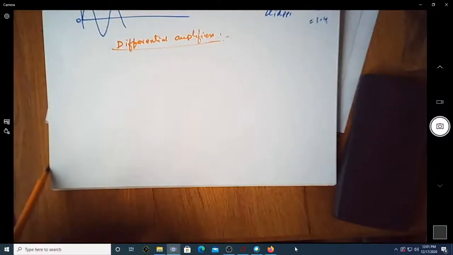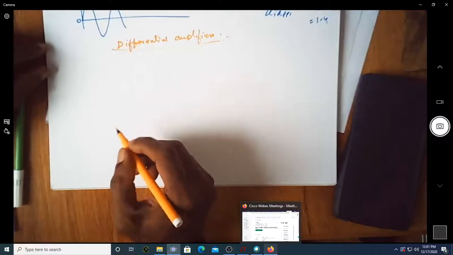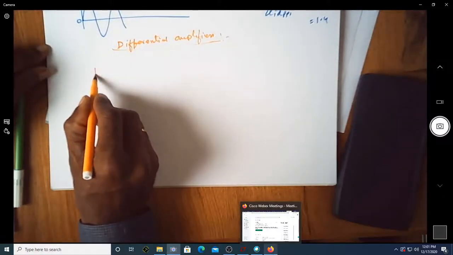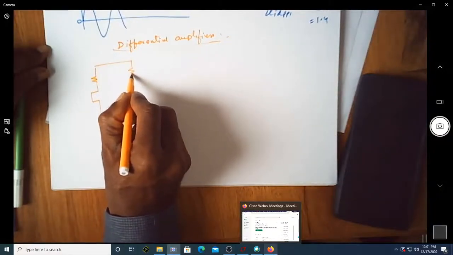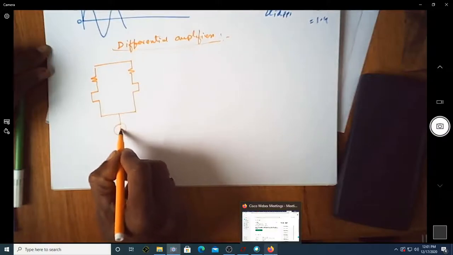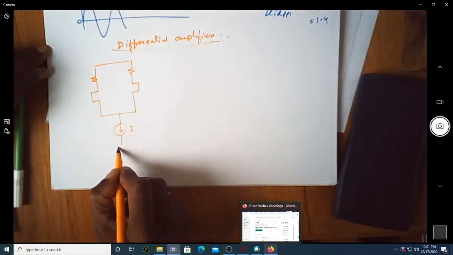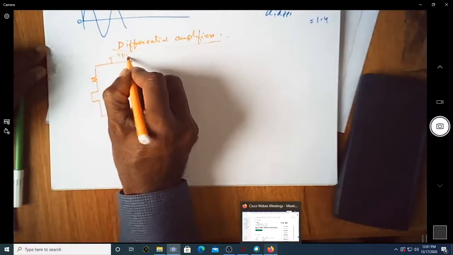In this video we'll see the analysis of differential amplifier for a common input. So let us write the differential amplifier with resistive loads. So this is my differential amplifier with a tail current source I. So this is minus VSS, this is VDD,